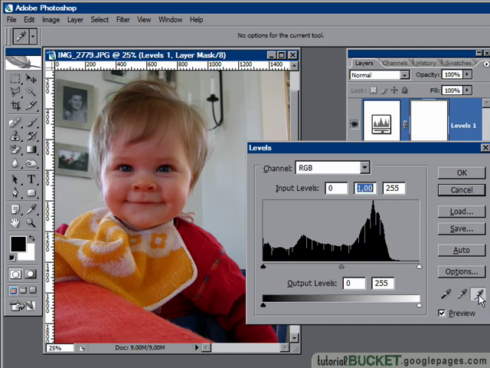I'll go to the white eyedropper and say, what do I want to be pure white? And I'm looking here for highlights on the skin to be pure white here. So we'll say something about there, looks good. And that lifts the whites a little bit, balances it up a little bit more. And finally, we have the mid-tone. Now if you can't find a genuine grey in the image, skip this,